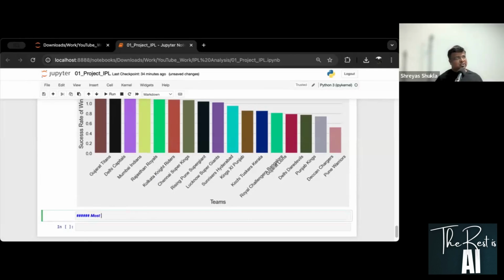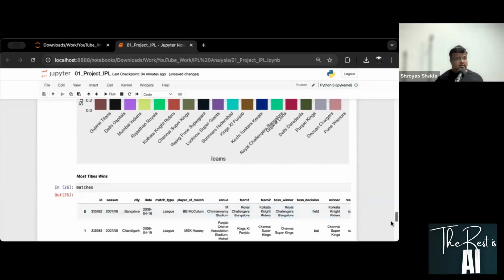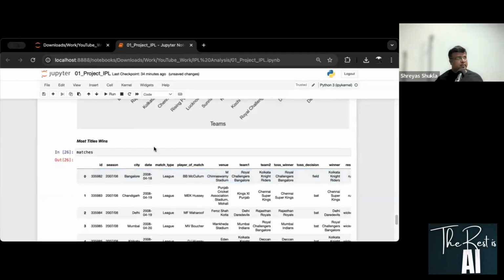So which team has won the most, if you're a cricket enthusiast? But we have to use data analytics to do that. So I'll say matches, which happens to be this data set. In this matches, I'm going to do the group by